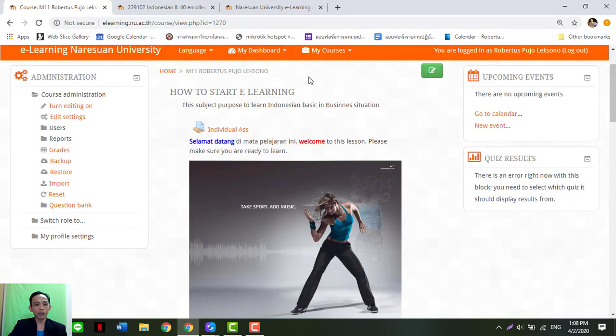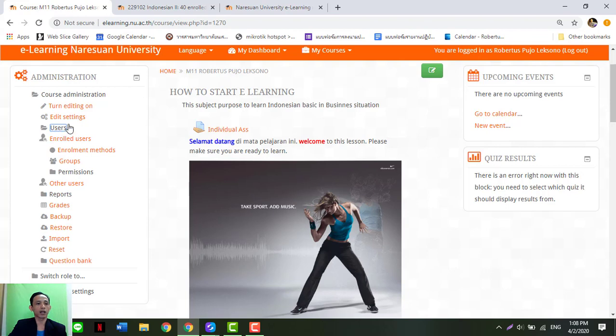It could be on this right side, below, or on this side. There is the administration panel, and then look at the button user. Click the button user.